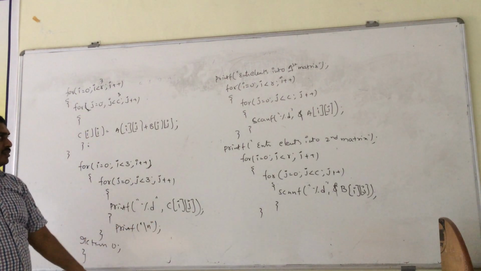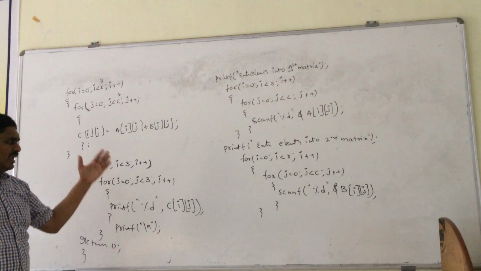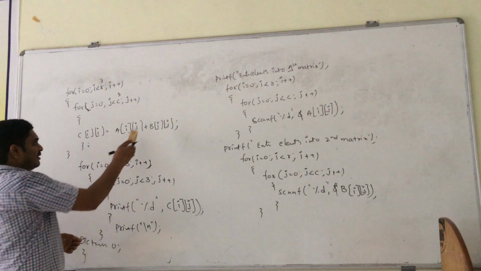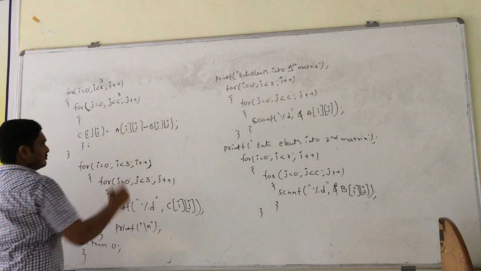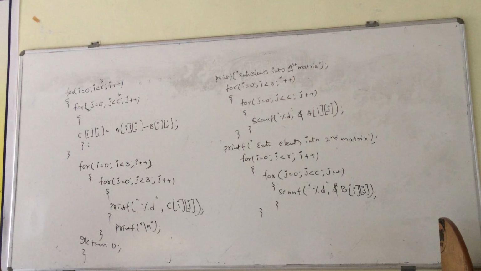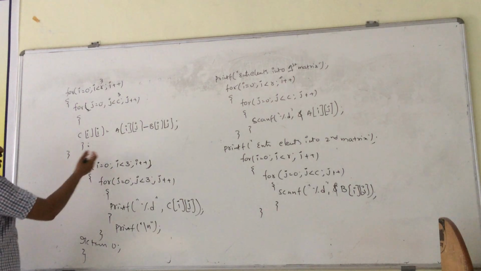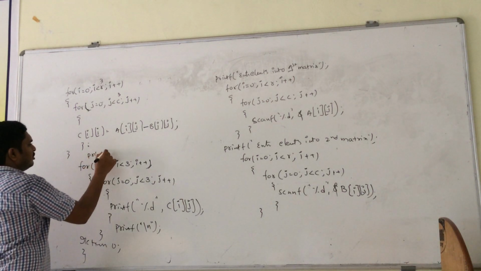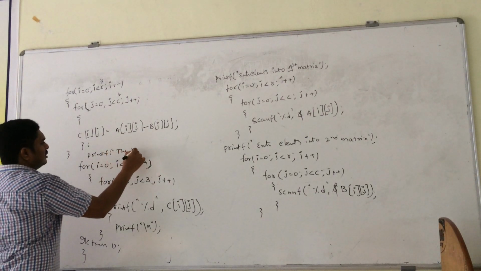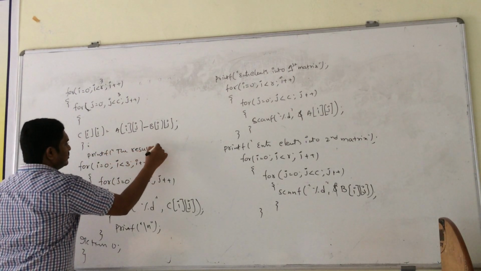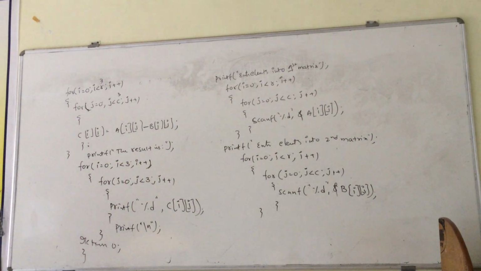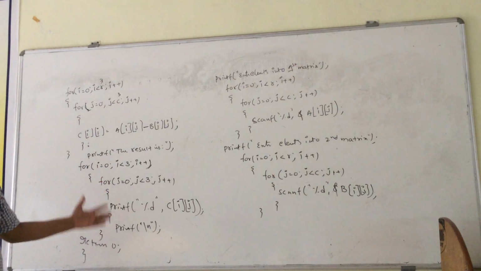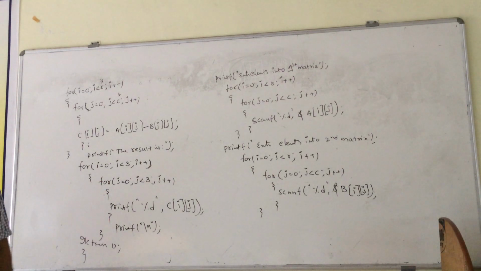In the same way the subtraction is also the same manner, but here only one sign is changed, that is the minus. For more efficiency here also we use another printf statement, printf the result is. No need, but for good use of the program. This is the addition of matrix and subtraction.